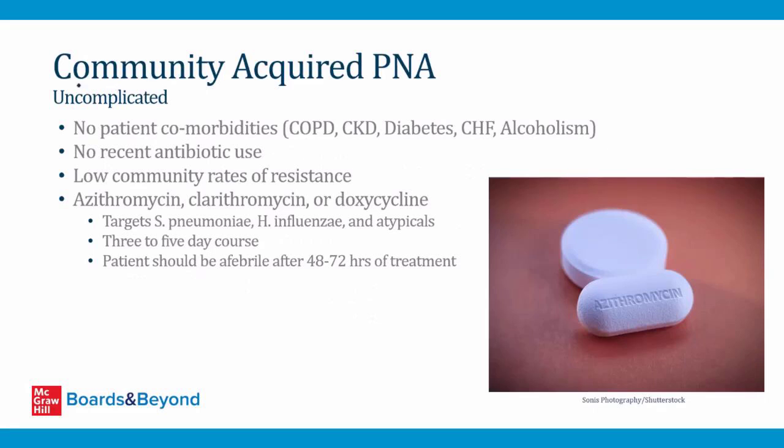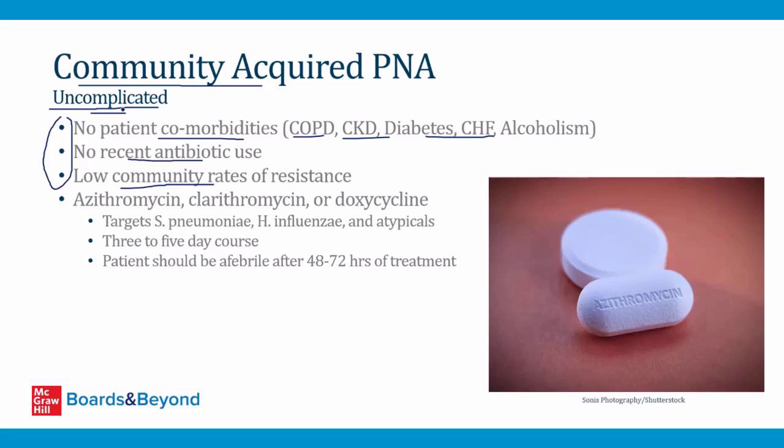When we're selecting antibiotics for community-acquired pneumonia, we subdivide it into two different subtypes. The first is so-called uncomplicated community-acquired pneumonia. This occurs in patients who have no significant comorbidities like COPD or chronic kidney disease or all these things listed here. Also, they have to have no recent antibiotic use in the few weeks preceding the infection, and that's because antibiotic use increases the likelihood of a resistant bacteria. And then finally, there have to be low community rates of resistant bacteria. And so if the patient meets all three of these criteria, then we say that they have an uncomplicated case